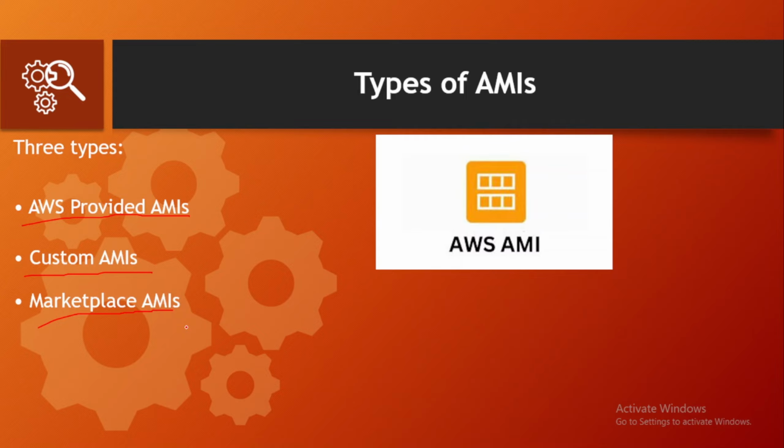Here is something very important beginners should understand. When you launch an EC2 instance, the first thing AWS asks is which AMI do you want to use? This means AWS needs to know what type of server you want to create. So the AMI decides what operating system the server will have, what software will already be installed, how the server is configured. So in this video, we learned what an AMI is, why it is important, what it contains, different types of AMIs. Understanding AMI is very important because every EC2 instance starts from an AMI.